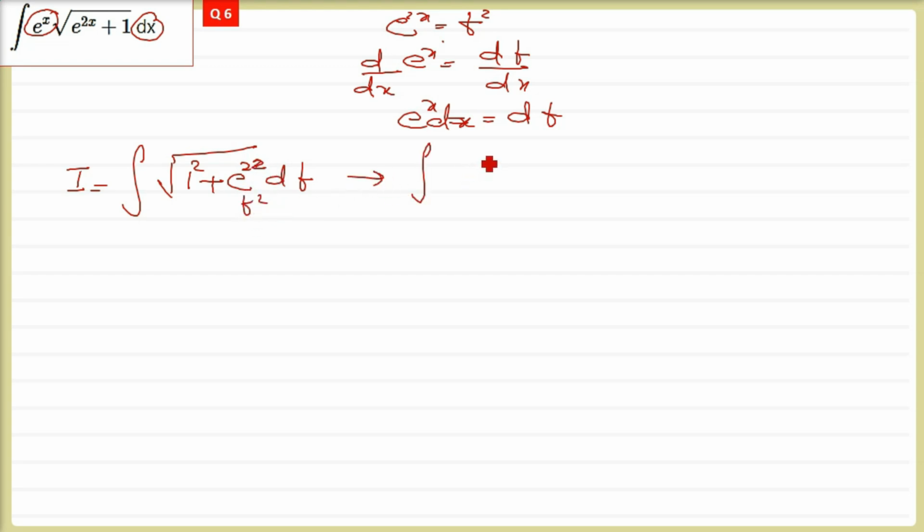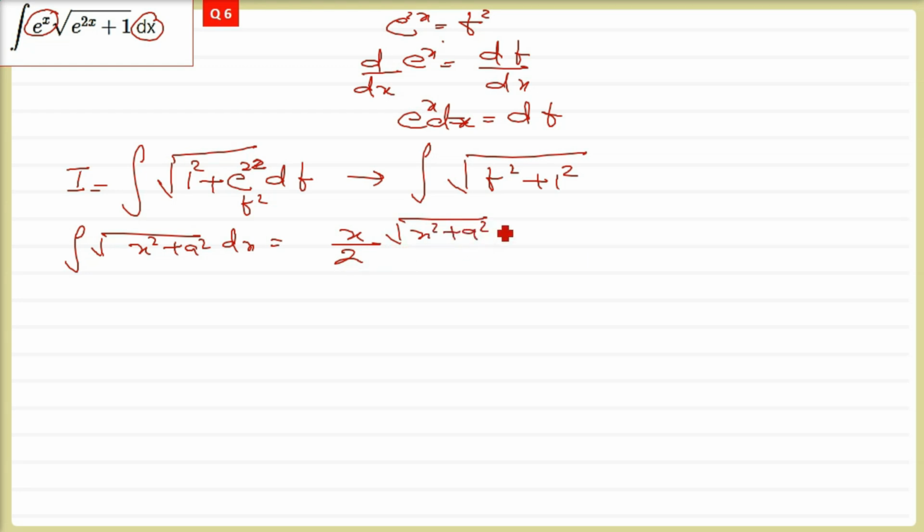So this integration will be like this because t, of course, is now what we have assumed. So it will be t square plus 1 square. You can write it as 1 square plus t square also. Now we know the formula. We are aware of the formula of a square plus x square or x square plus a square under root integration. It is x by 2 multiplied by under root a square plus x square plus half ln x plus